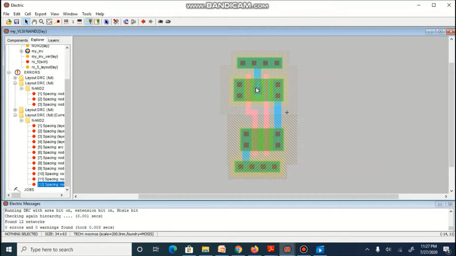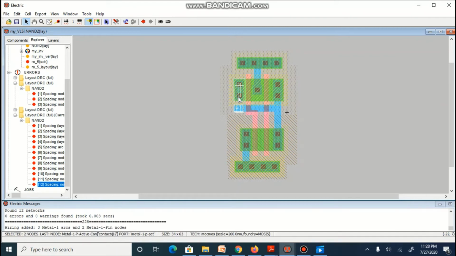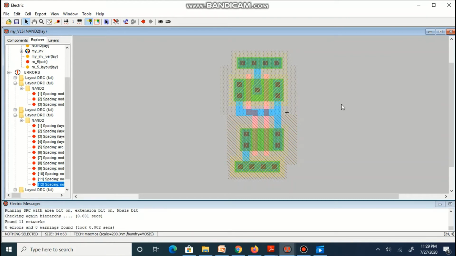For shared drain connection, the spacing was less, so we have separated both the PMOS transistors so that this drain connection with VDD can be made. Due to that, this gate connection is with this band. Now again we will connect both the source of our PMOS transistors. Now our layout is ready. There is no DRC. So now we can export our inputs and we can simulate our transistor.